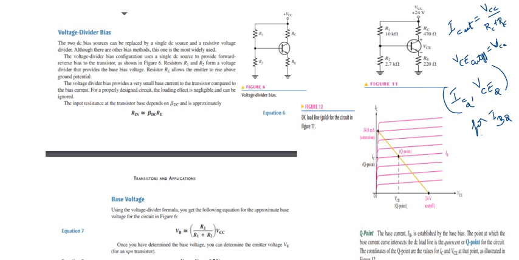Now, if you connect these two points using a straight line, the point at which it is cutting is called the operating point or Q point. For any transistor configuration, this ICQ and VCEQ for a particular IBQ should be constant. This point is called Q point. Why is it called Q point? Q stands for quiescent. Quiescent means silent. It should not move. It is fixed.